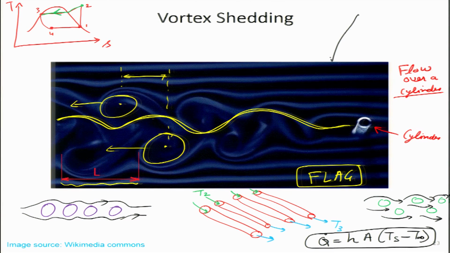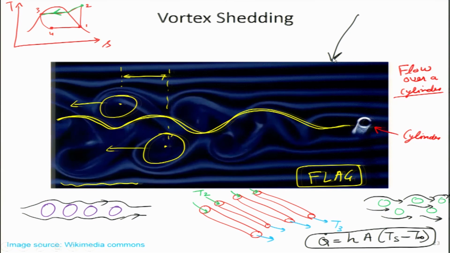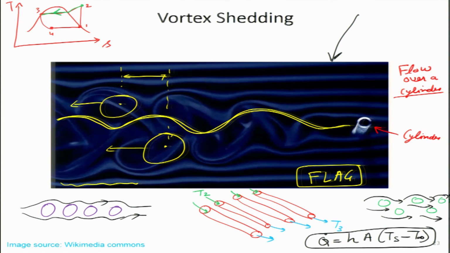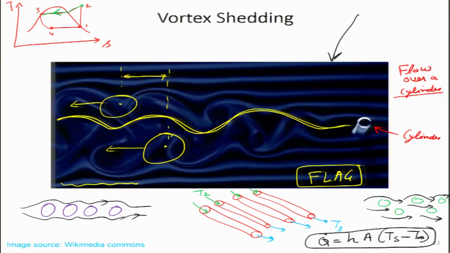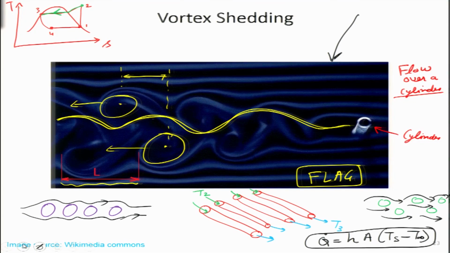So coming back to this particular slide over here, in this slide there is no heat transfer taking place. But what I am trying to imagine is that inside this particular cylinder, if it is hot or cold, very good heat transfer will take place with the surrounding fluid. So if that vortex shedding is taking place at a particular Reynolds number, it does not take place at all Reynolds numbers, between certain Reynolds numbers it takes place. So there, that heat transfer coefficient also we can get some information by looking at this flow visualization. So these things are all connected with one another. So slowly we will look at it in subsequent lectures.